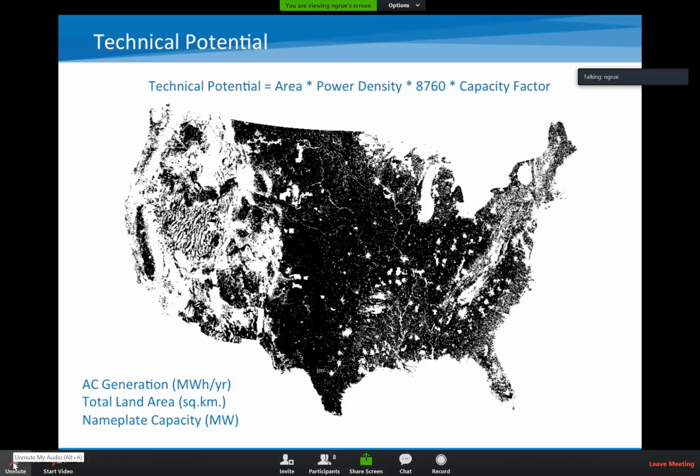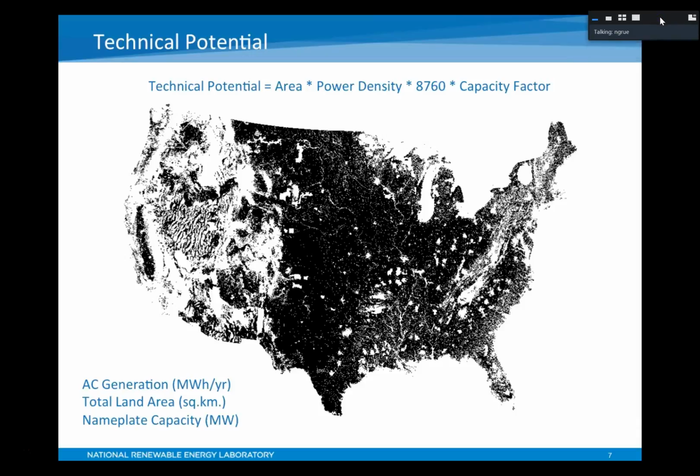If there's a landmark or a national park, you might not be able to build a new wind turbine right smack in the middle of that national park. If you're looking at all of Colorado, for example, you would know that in Rocky Mountain National Park you wouldn't be able to build a whole bunch of turbines. So this analysis removes those barriers